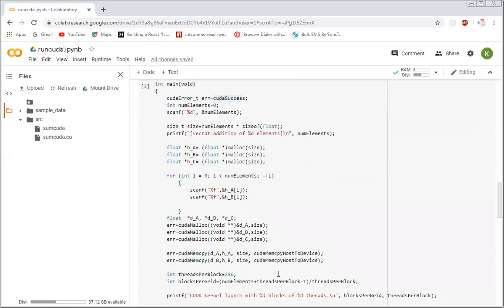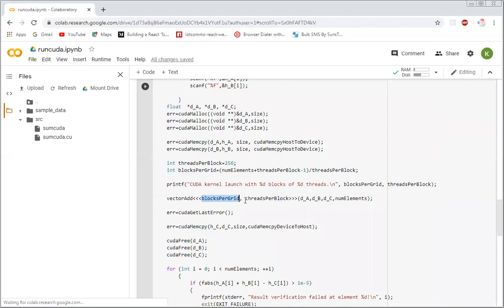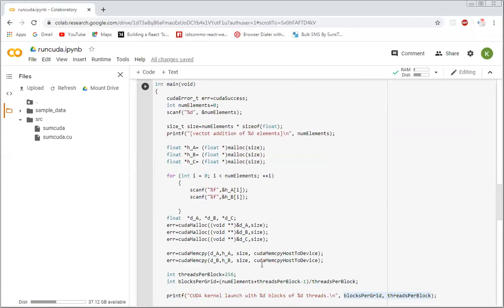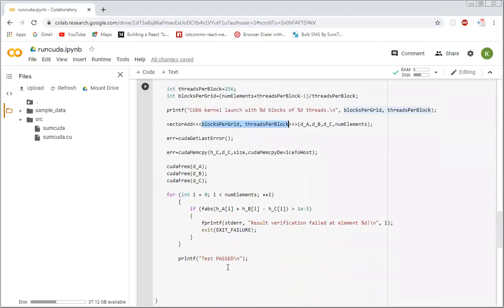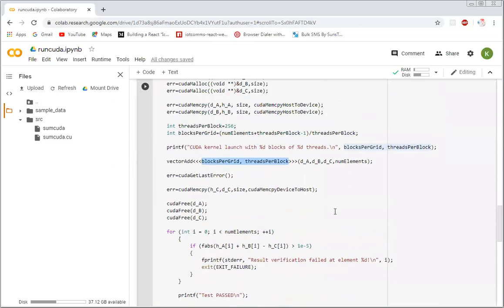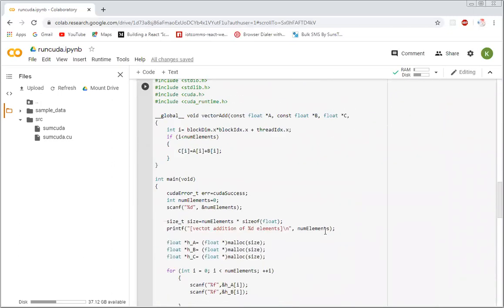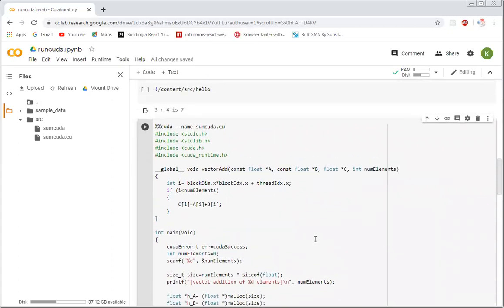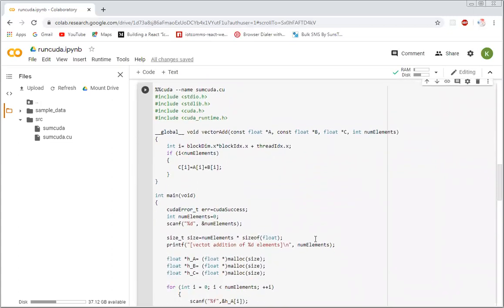Then we will also see the memory constructs, and the next thing is the two-dimensional grid, which will help us in matrix multiplication or some other operation. I believe we will be adding matrices before multiplication. Okay, let us execute these things, and then let us see what you are going to do. All the best.